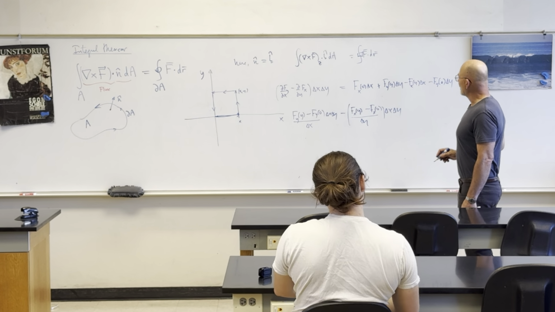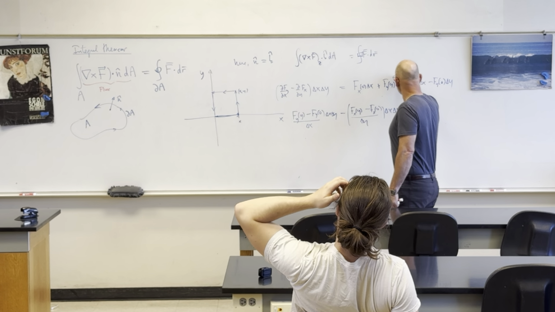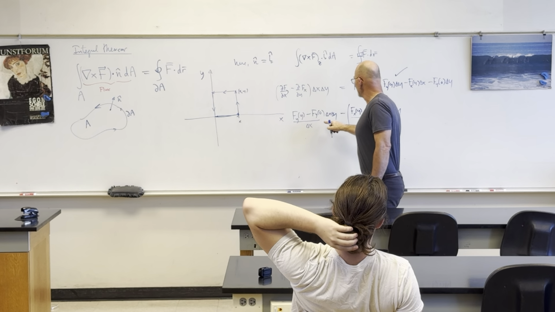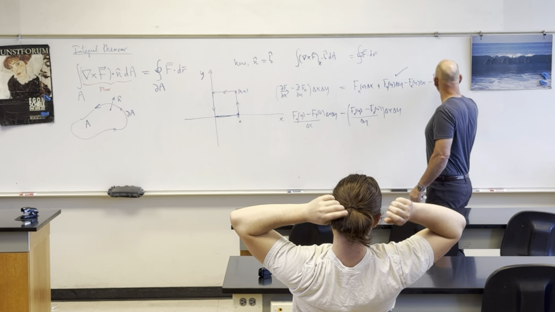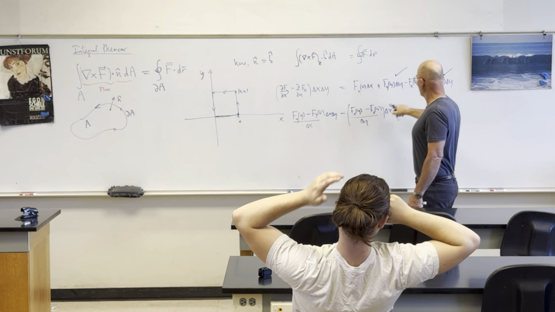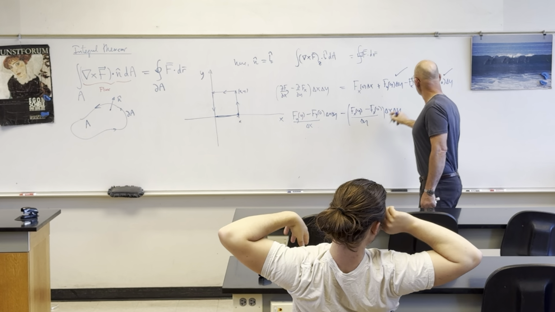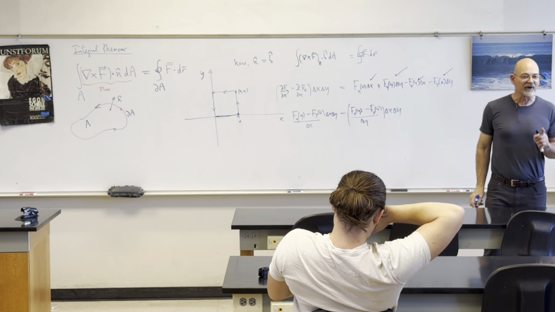So you get 4: fy of y delta y minus fy of 0 delta y, minus fx of y delta x. Yeah. Okay, so that's the quick and dirty